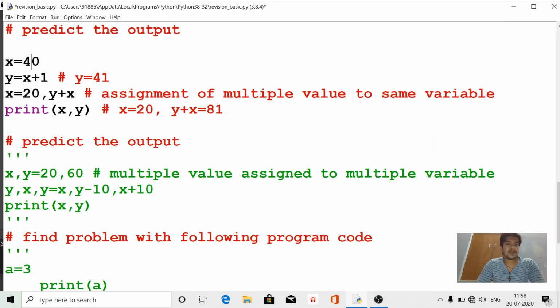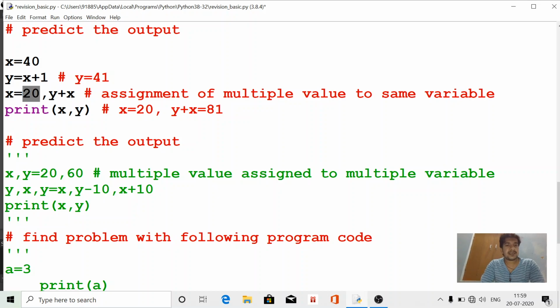Of this piece of code, because here you can say that x is 40 and x is 20, both will be the value of x, because this is called dynamic typing in the Python programming language. Both values of x, 40 and 20, are stored in our storage by the interpreter, because this concept is called dynamic typing.